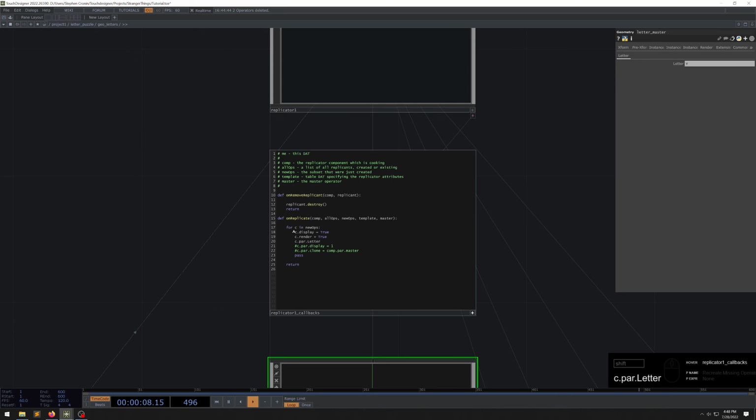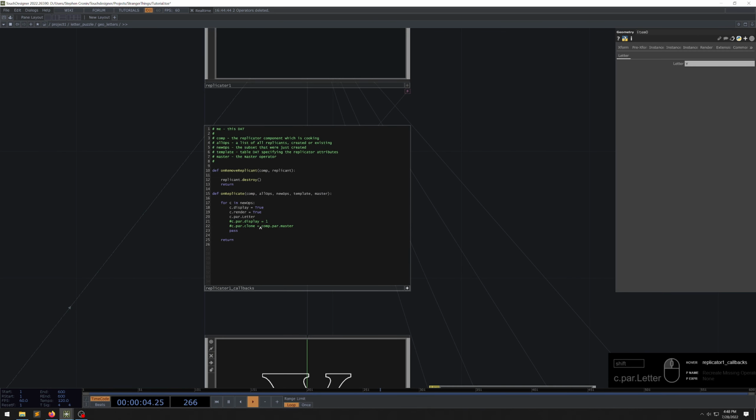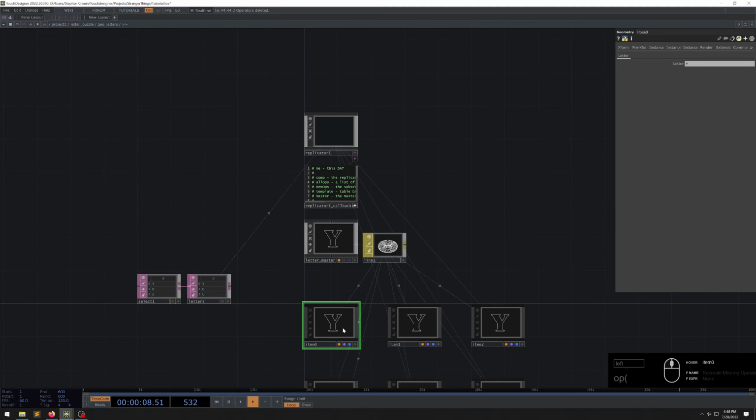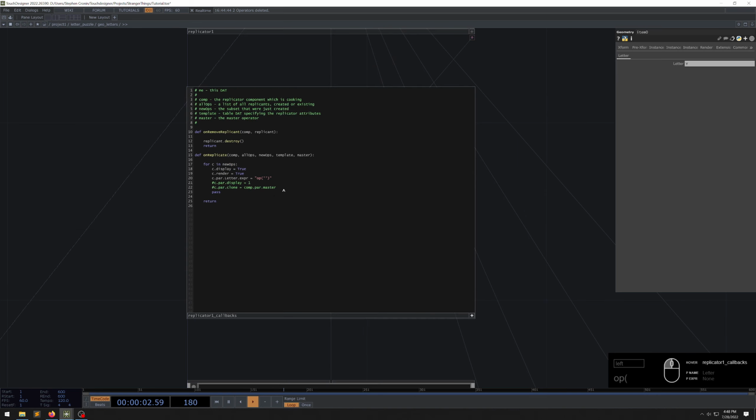And next what we're going to do is, so C is referencing the specific operator that got created. So for each one of these, we're going to set C.parameter letter to be an expression. So what this is going to do, this text is going to be set as an expression in here. Cool, so we can be letters,